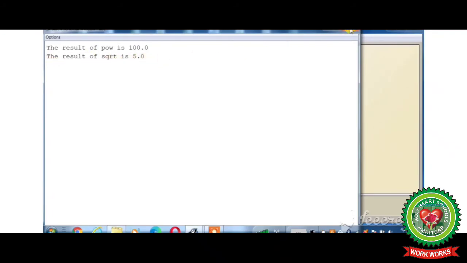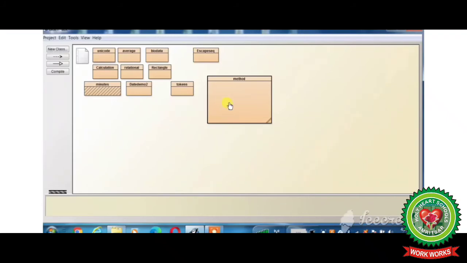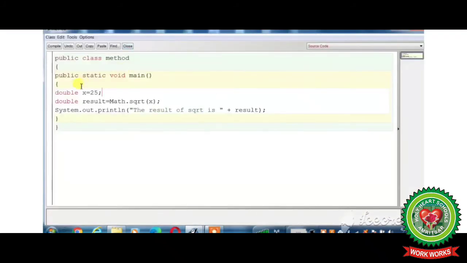Clear? Now we will use the next function, that is cbrt, to find the cube root of a number. See here we will accept the value of x, that is 125: 5 into 5 is 25, 25 into 5 is 125. So in place of sqrt we will write cbrt.